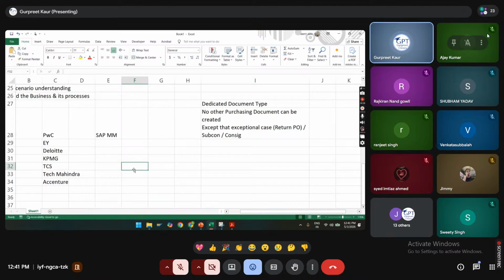Anyone else? Ajay, Shubham, Rajkiran, Venkata. I would like to know how many months the course will be. Minimum it is going to be 3 months, maximum 4 months. I will not rush the course because for me concept clarity is the biggest thing, and it will take time as per the candidate.